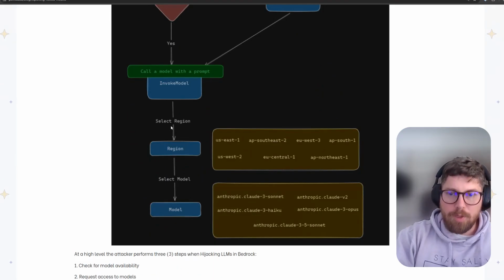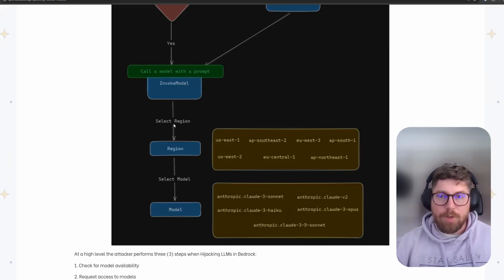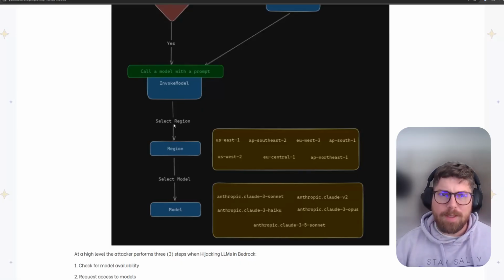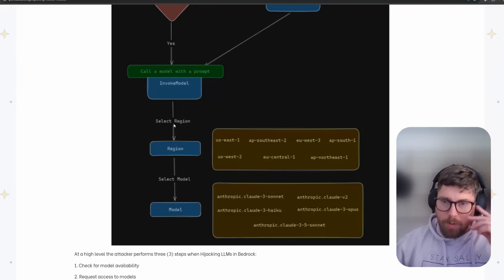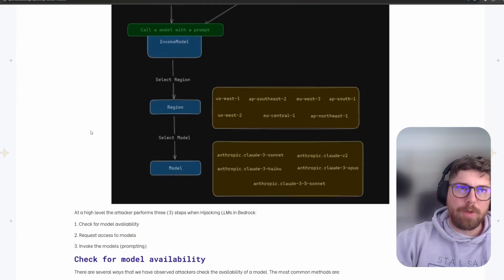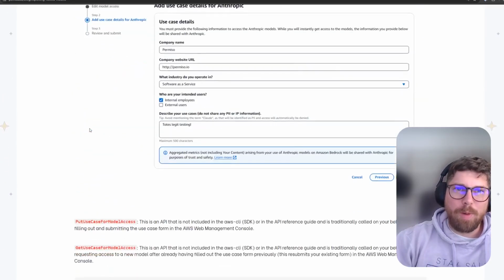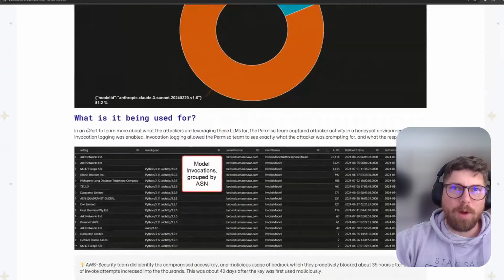We call this LLM jacking or LLM hijacking. It's when they're hijacking your infrastructure to power their own stuff. For a while, we actually saw a lot more of this instead of what was traditionally being done by these same type of threat actors, which was doing coin mining, right? This just turned into a much more lucrative effort for them. And this one, man, deserves a whole podcast episode on its own. And I think I will at some point.